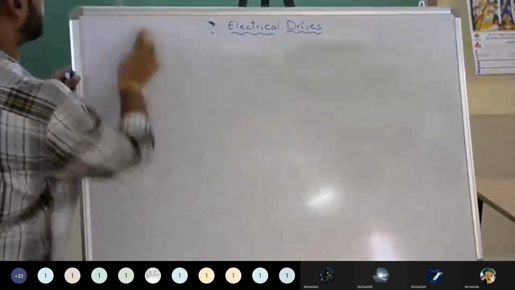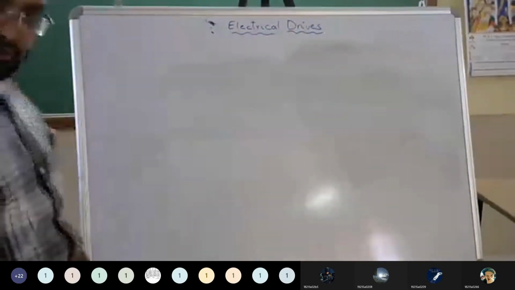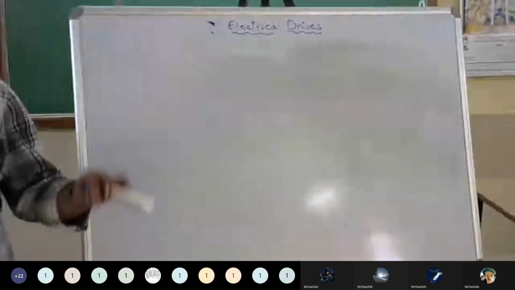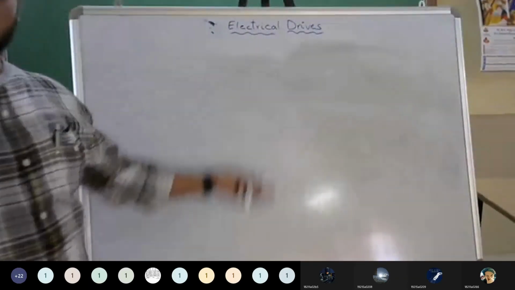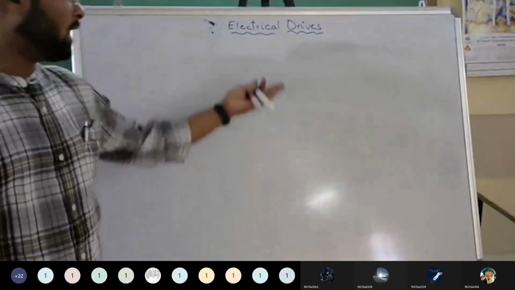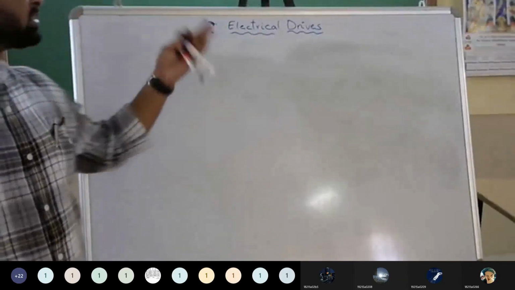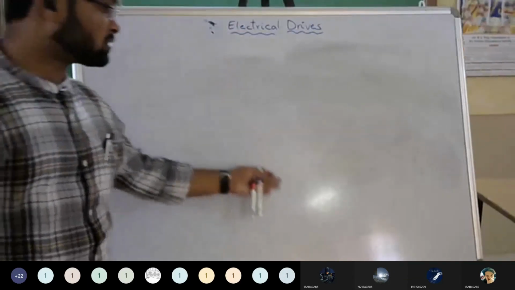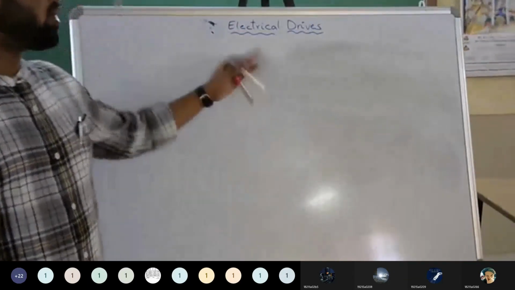So today what we discussed: before, we discussed the definition of electrical drive, the block diagram, and what components are available. Then we went with the types of drives, how many types of drives are available, and then we came to the advantages and disadvantages. Now we also discussed the main applications of these things. So after this,